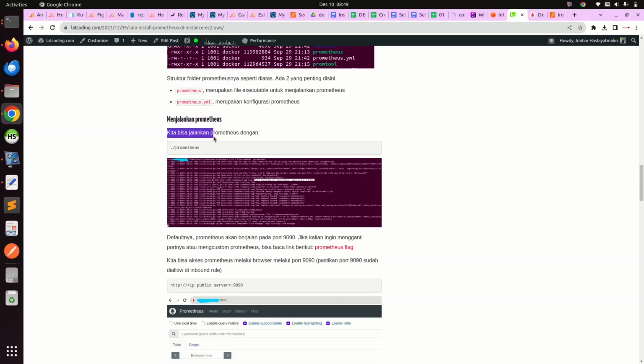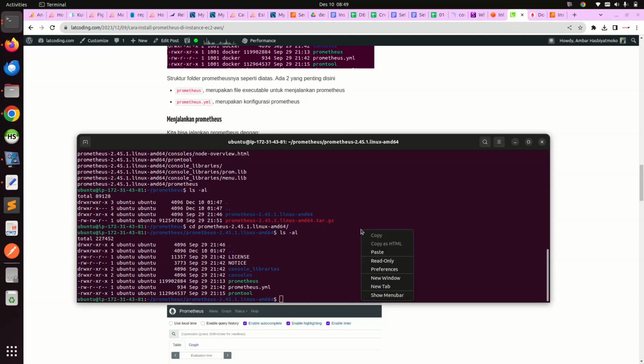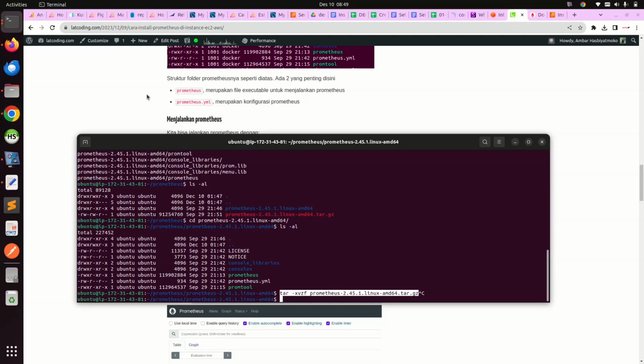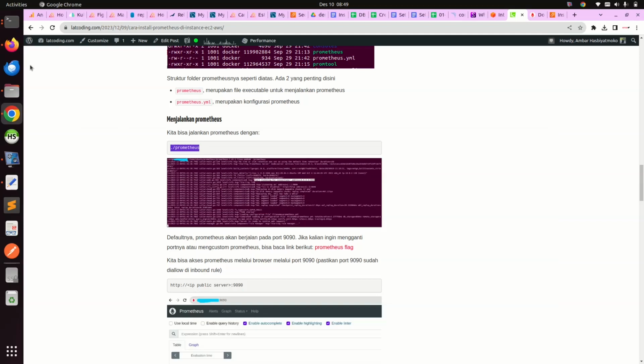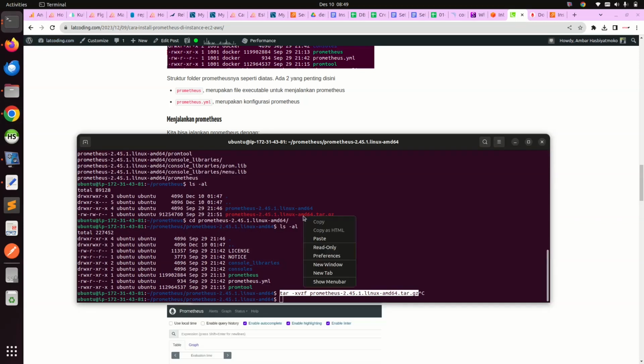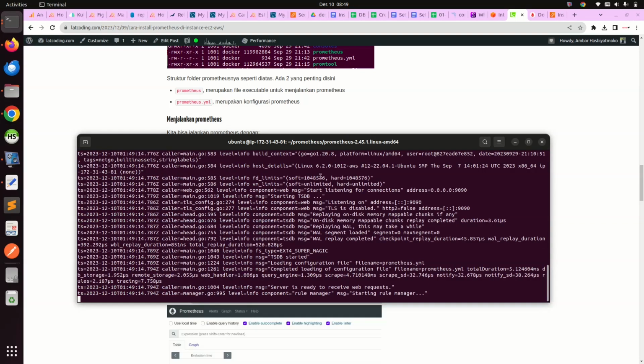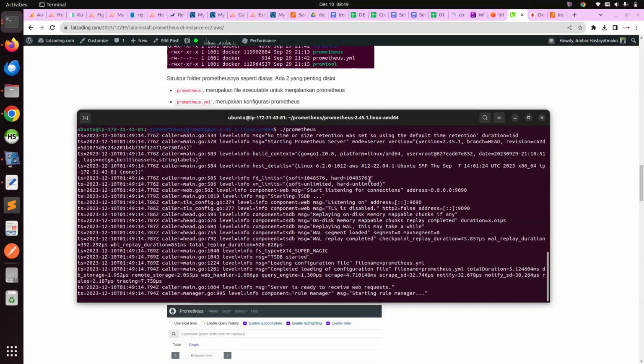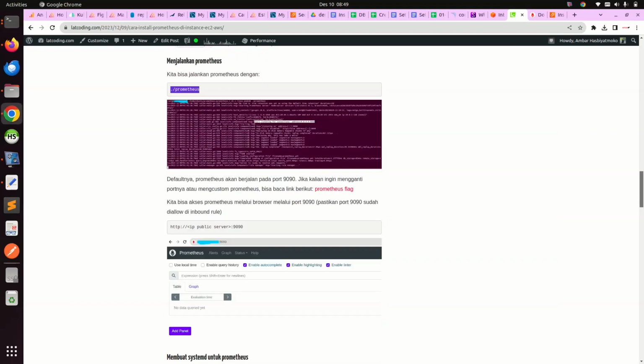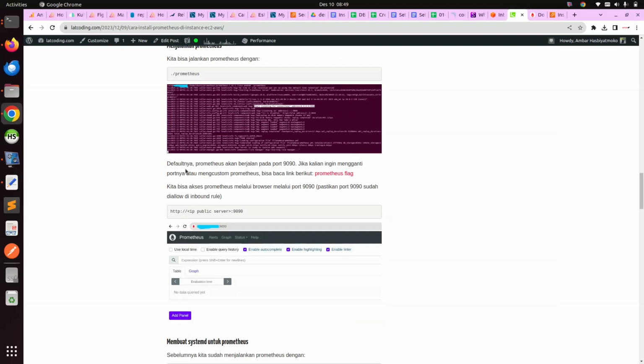Just run by this command, ./prometheus. Okay, Prometheus is started with the address 0.0.0.0 and the port is 9090. By default Prometheus is running on port 9090.